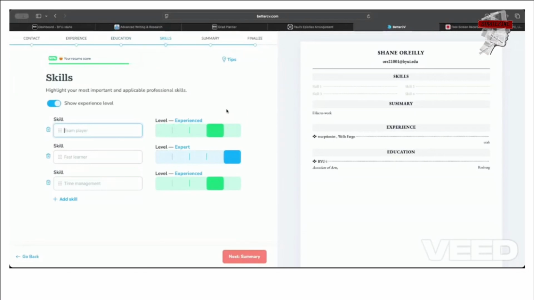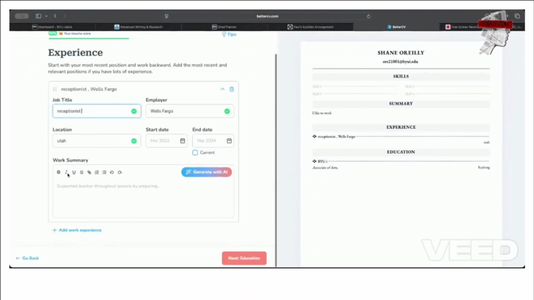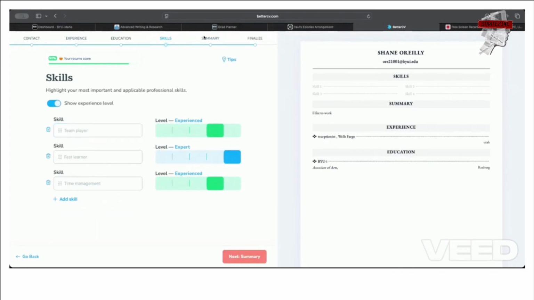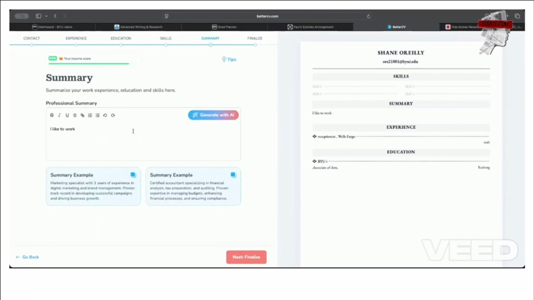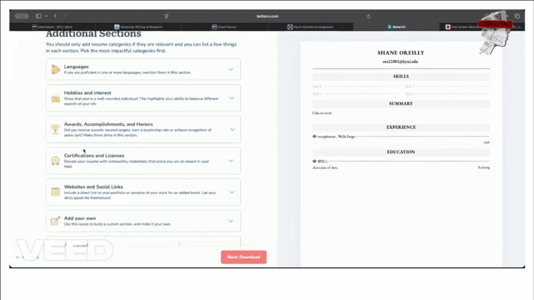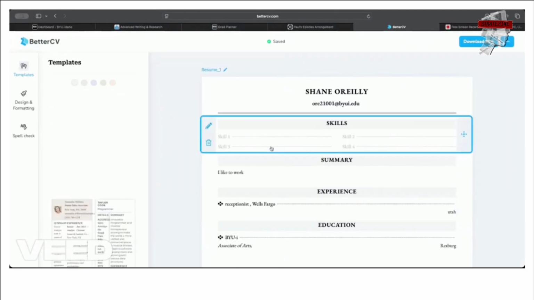You could put your experience and level of expertise in certain skills, and also add as many as you want. Going back to experience, you can also add work experience. You don't just have to put one job. And then a summary, summing up yourself and making yourself appealing to your employer. And then finally, you add any other accomplishments or certificates you've achieved, and then you're able to download it.